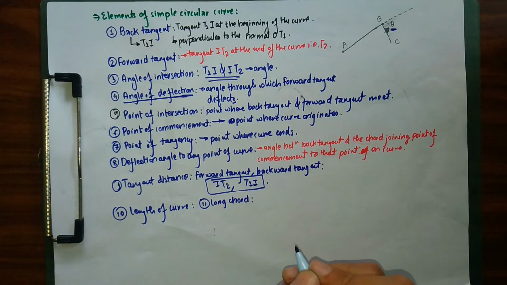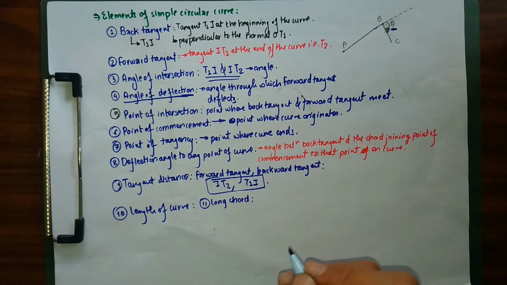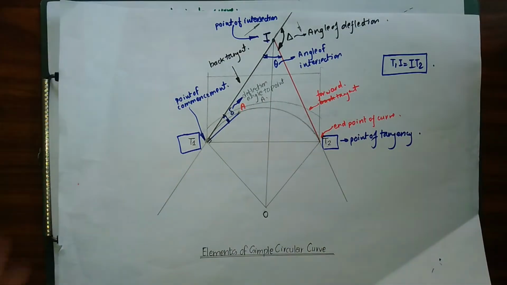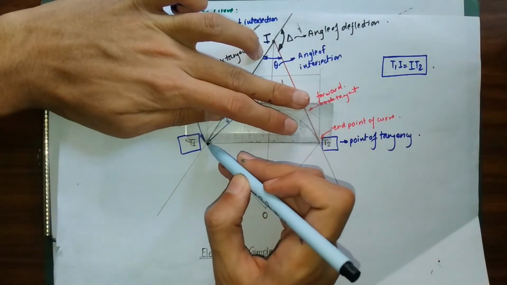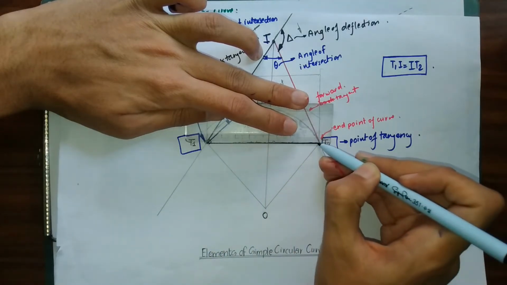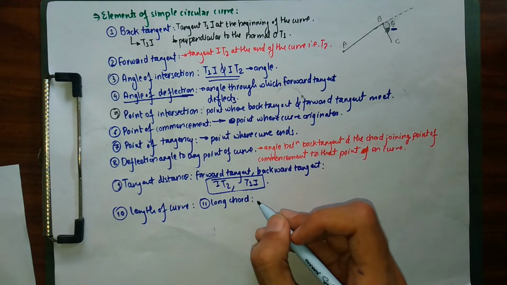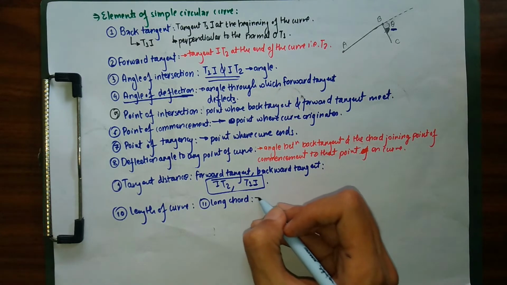So what is our long chord? Our long chord is simply our chord joining our point of commencement and point of tangency. So let me draw it in black, and let me first write down the definition. Long chord is simply our chord joining